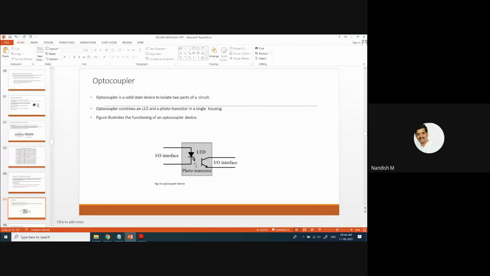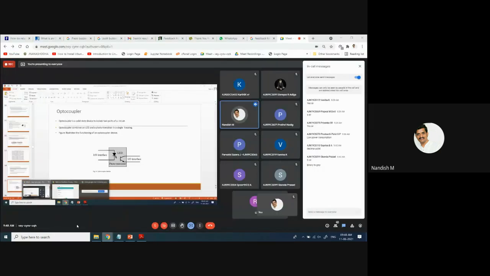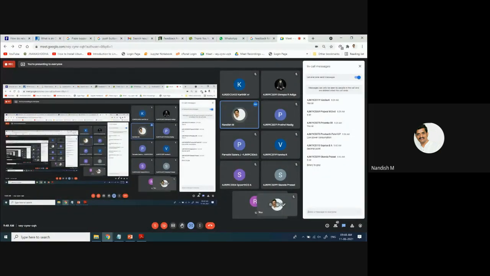Okay, now one more component. We have seen two components: LED and 7-segment display. Both are output devices. Okay, what is this opto coupler? Have you heard this name, opto coupler? What actually is it going to do? Anyone?